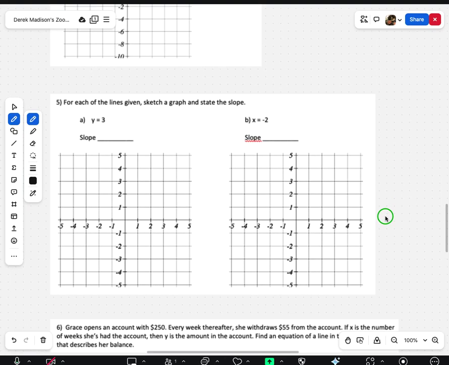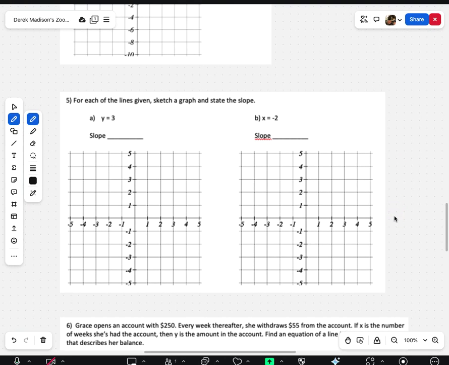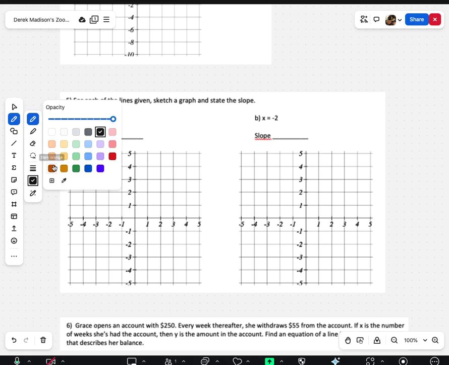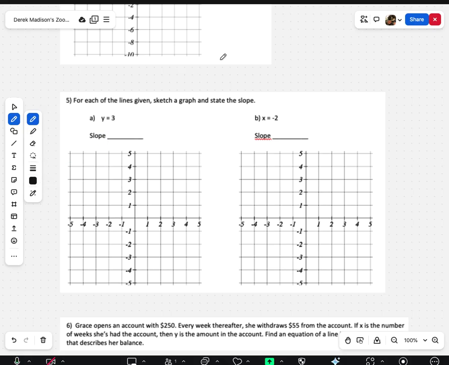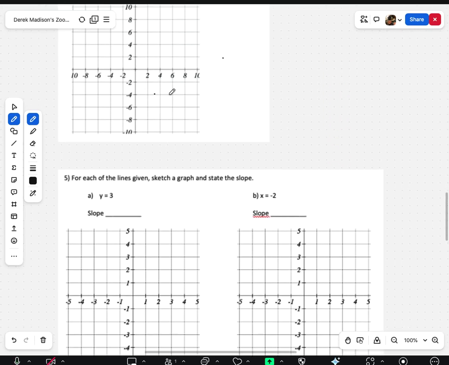So these are our equations of horizontal and vertical lines. And back in that definition box, there was y equals b, and anytime we see that, it's going to be a horizontal line. The reason that is horizontal is,